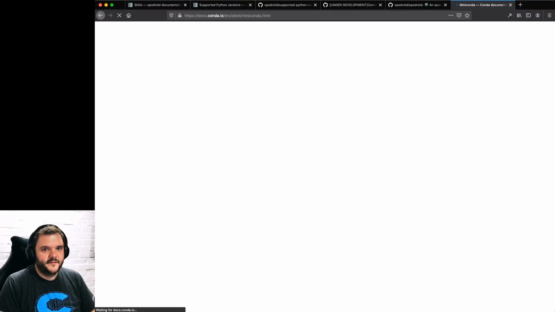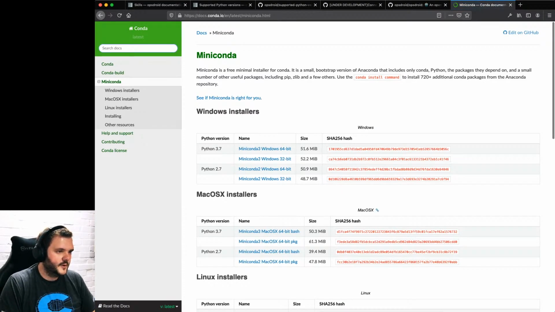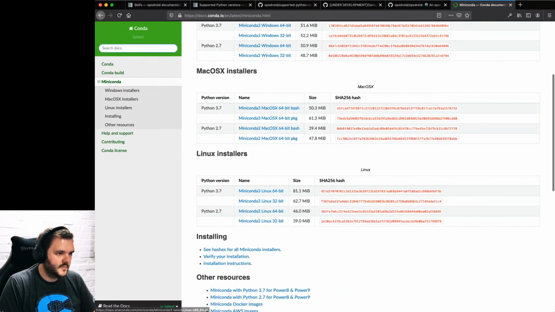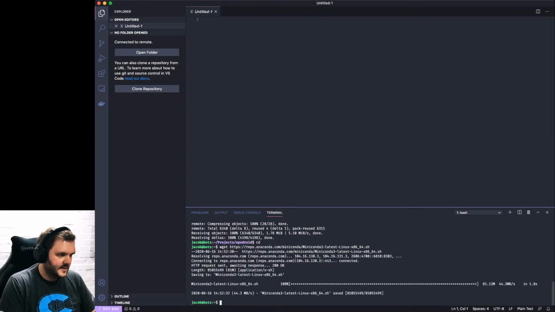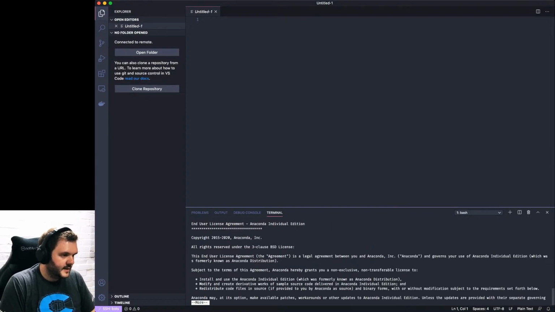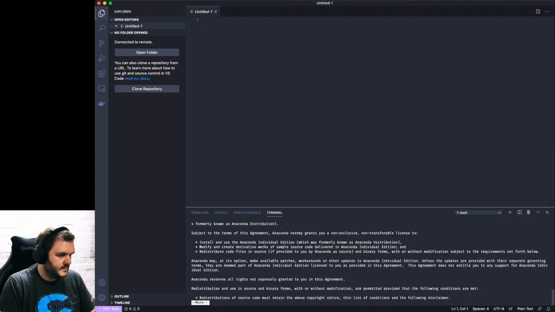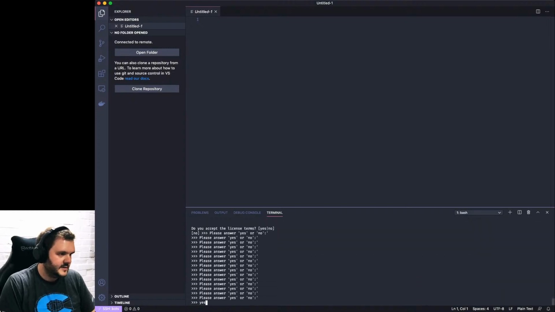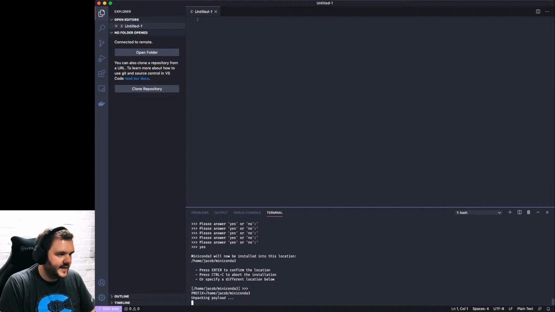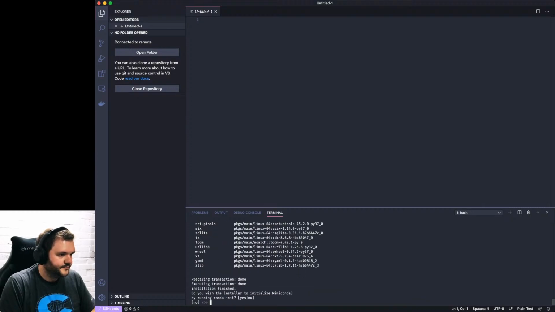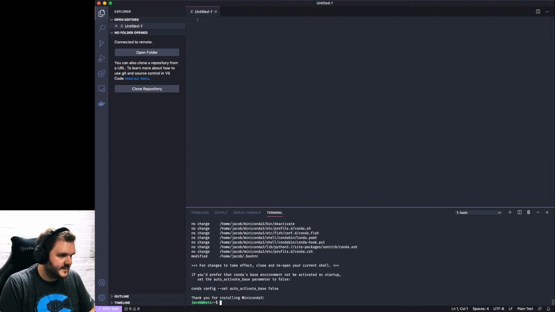I like to use Conda for my Python environment workflows. You don't have to do the same, but that's the way that I like to do things. So I'm just going to cd here and download that and install Miniconda. We got that. Right, pull that down. Yes, I want you to do that.